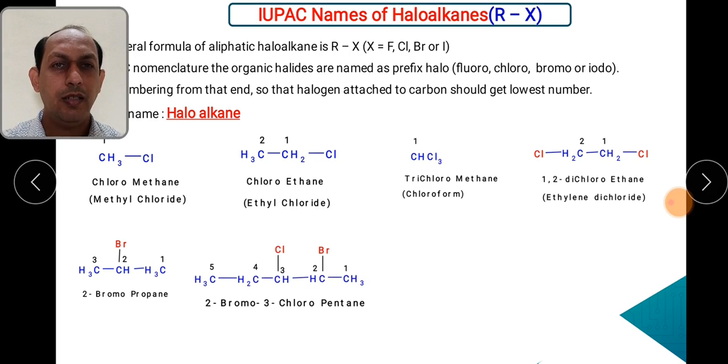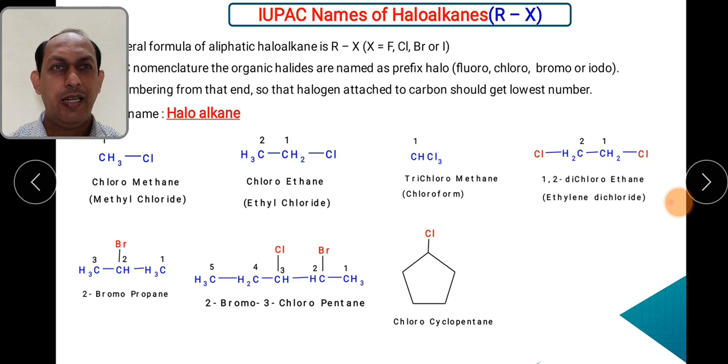Then in this particular structure we can see there are two halogens, chloro and bromo. So we have to apply rule number 4, alphabetical order. There are two substituents, one is chloro and another is bromo. So which comes first in the alphabetical order? Bromine. Bromine ka naam pehle aana chahiye. So numbering from this end gives 2-3, and from this end gives 3-4, for the carbons where the halogen is attached. So what will be the name? At position 2 what is it? Bromine. At position 3 what is it? Chlorine. So 2-bromo-3-chloro, and the highest number of carbons is 5. So that's why the name is pentane. Okay.